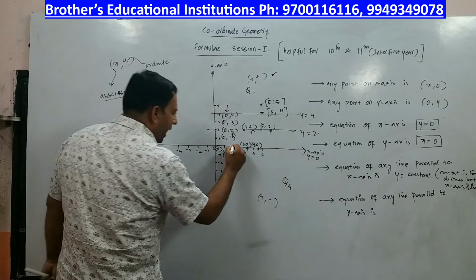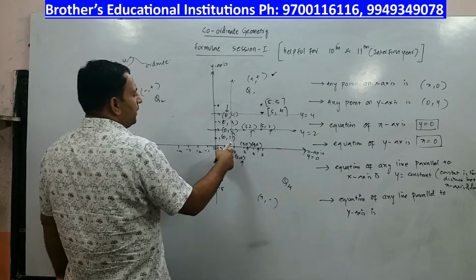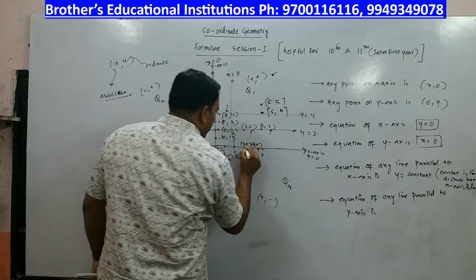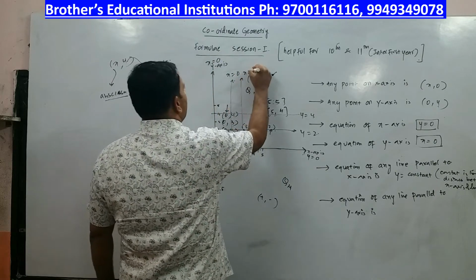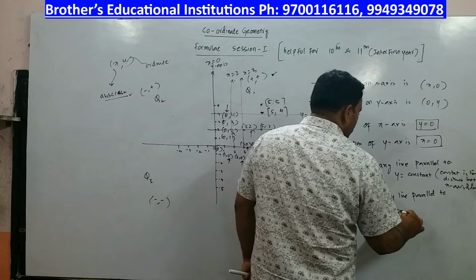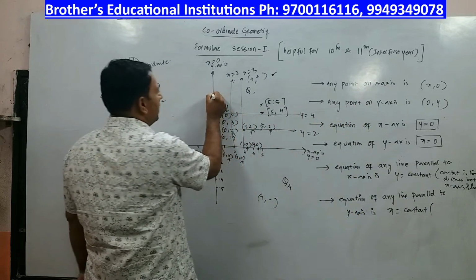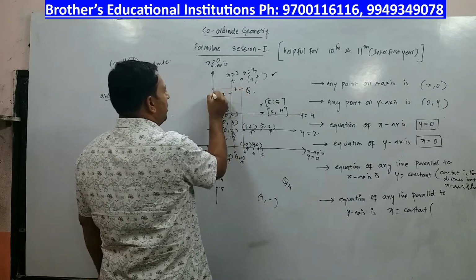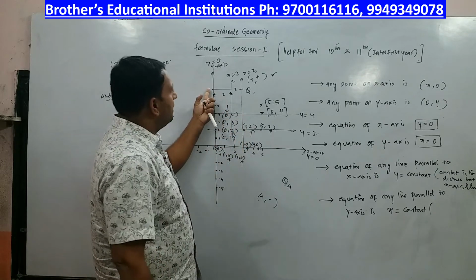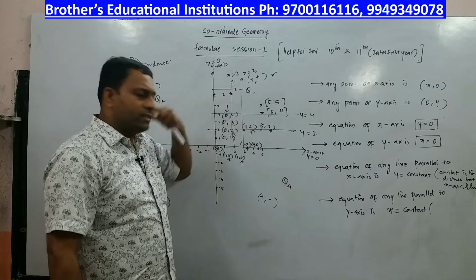Similarly, if I draw a line on this 2, what do you say? This point is x is equal to 2. What is the equation of y-axis? X is equal to 0. If I draw a line on this 3, you will say x is equal to 3. This was x is equal to 2. All right, so what is the equation of any line parallel to y-axis? You will say x is equal to constant. And what is that constant? The constant here is 2 and the constant here is 3. What do you mean by that? So constant is the distance between the y-axis and the line parallel.